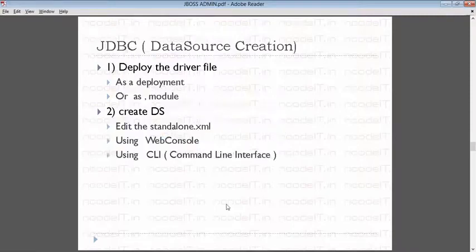Now the next thing is database. JDBC. This is one area where some of the questions may come out. So we'll see how to create a data source. Now the data source creation is done in 2 simple steps. Whereas in WebLogic, if you see, the data source creation is a pretty simple step. Means you go to the console and then